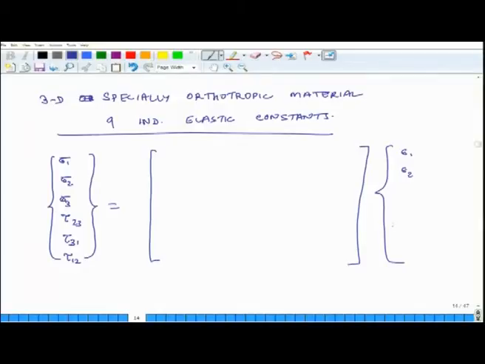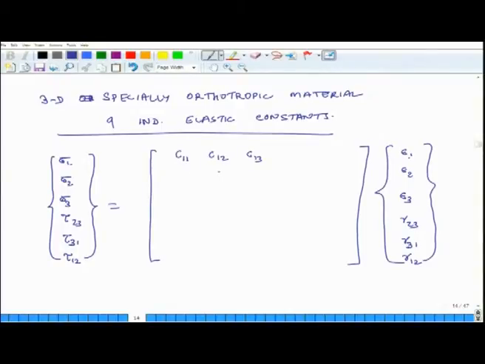So, this is not tensor notation, it is engineering notation, epsilon 3, and here I write gamma 2 3 engineering strain, gamma 3 1, gamma 1 2, and the elastic constants are. So, we are now going to get rid of E notation and we will use C notation, C 1 1. First index relates to stress, second index relates to strain, and there are total 9, right. So, C 1 2, C 1 3,